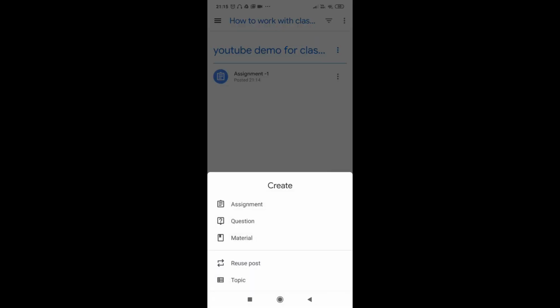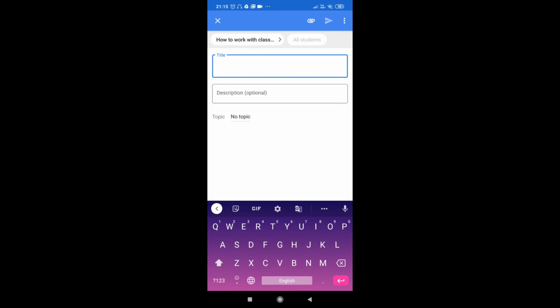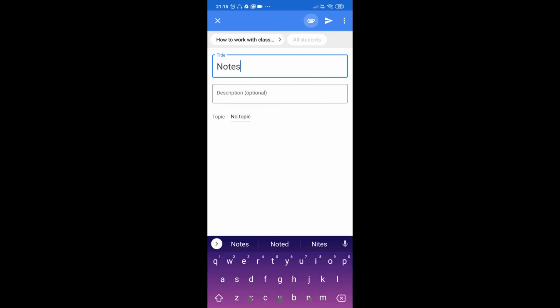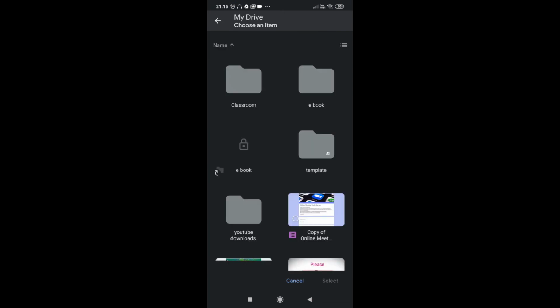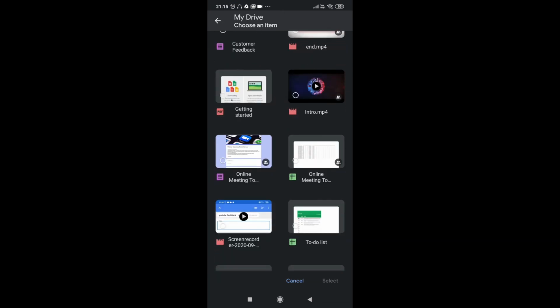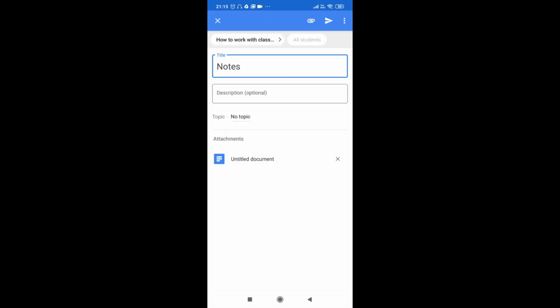And the same way you can go with the material. In case some material is available in Google Drive, you can title it there, like notes. Notes is one part, and you want to attach the Google Drive link, so go to this, connect the drive like this. I'm moving to my drive, and I'm giving some notes to the students. Likewise, going for this untitled document, it is to be shared, so I'm selecting it. In this way I can share it, and my drive and my classroom are connected.